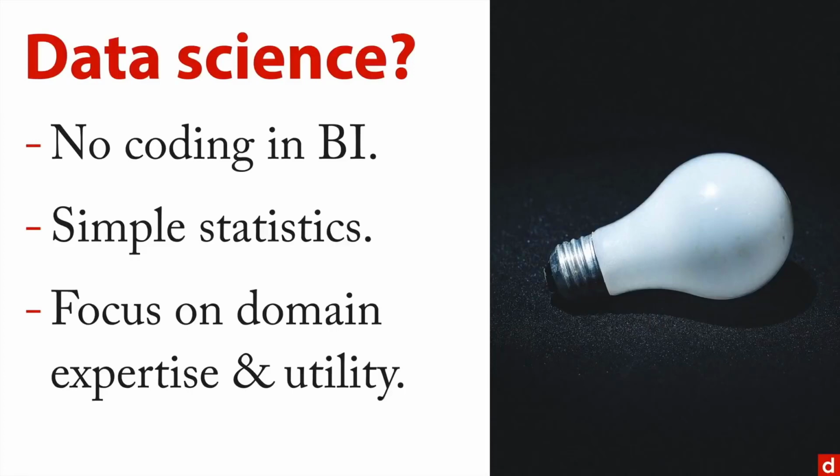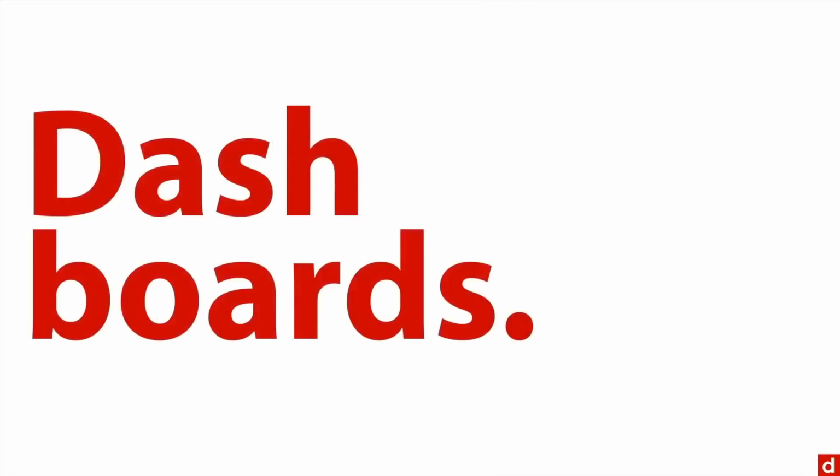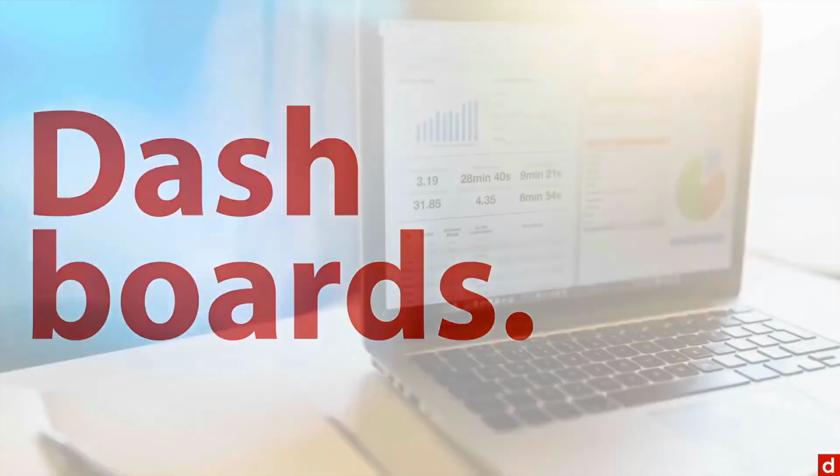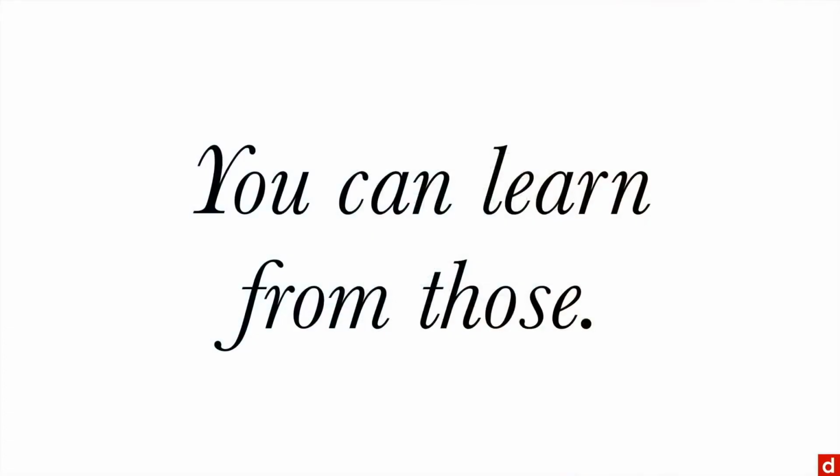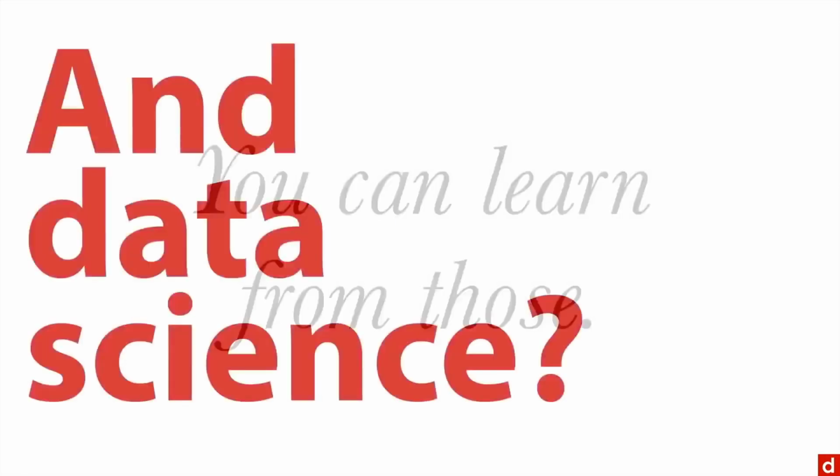Now, one of the main associations with business intelligence is what are called dashboards or data dashboards. They look like this. It's a collection of charts and tables that go together to give you a very quick overview of what's going on in your business. And while a lot of data scientists may, let's say, look down their nose upon dashboards, I'll say this. Most of them are very well designed, and you can learn a huge amount about user interaction and the accessibility of information from dashboards. So really, where does data science come into this?